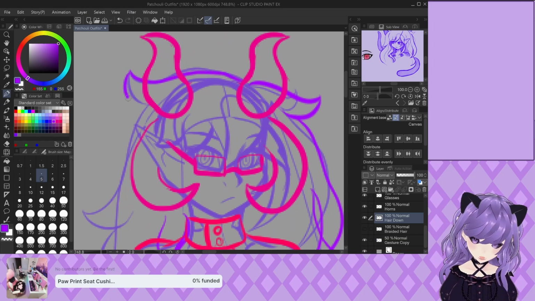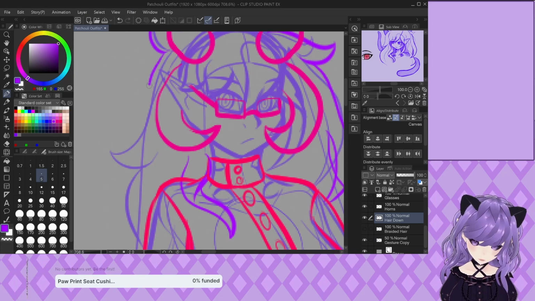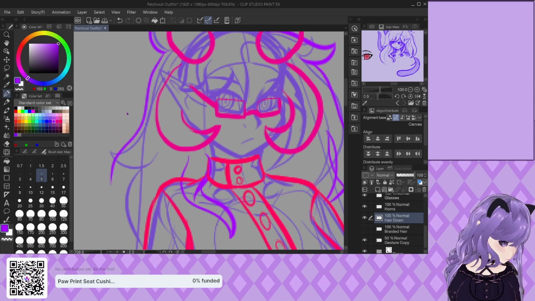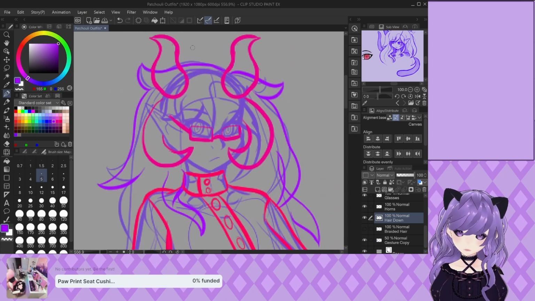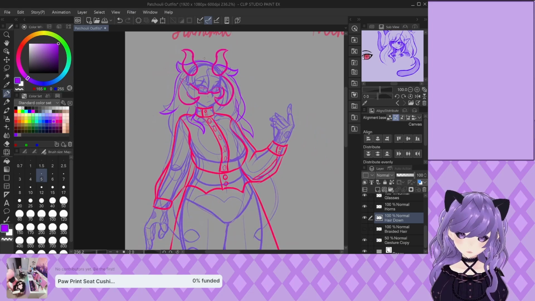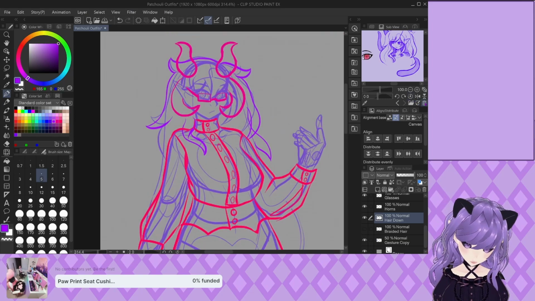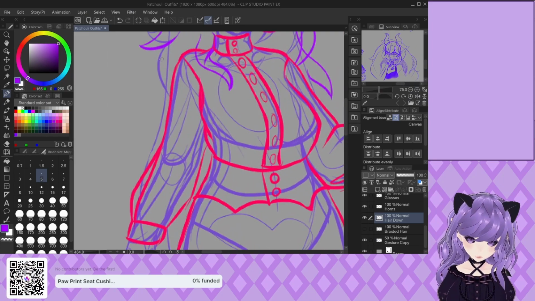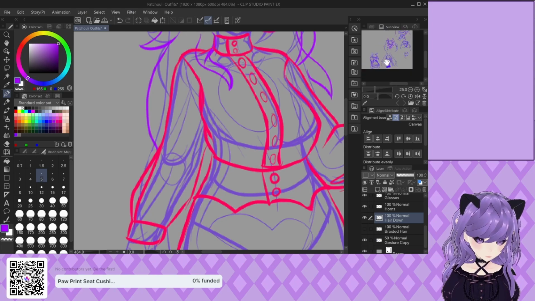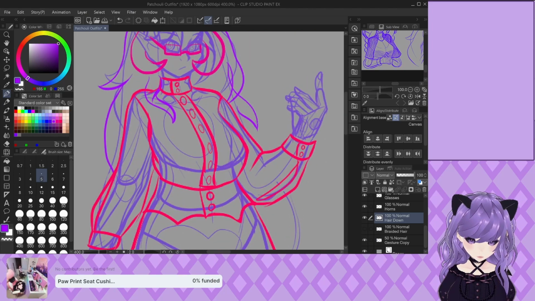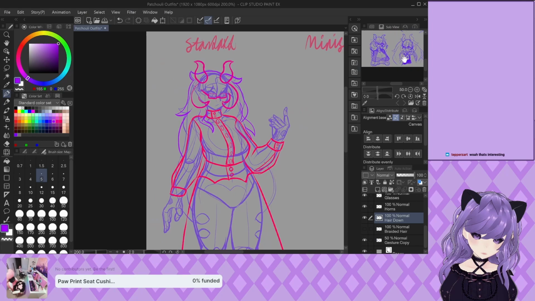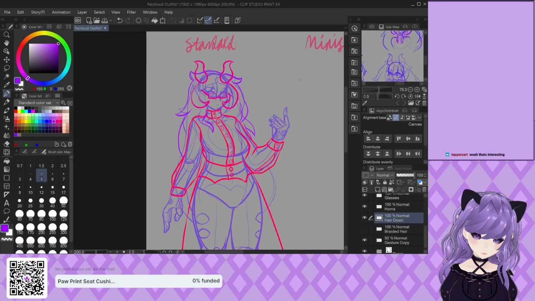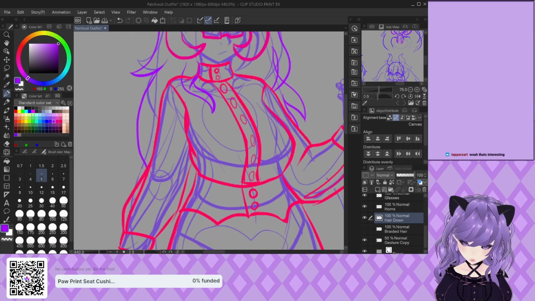So basically, in depictions of Aphrodite, the way her hair is helps determine her emotions, like if she is in control or if she's not. And basically this kind of helps with